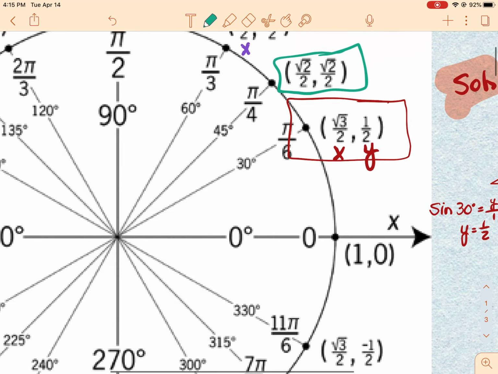It's all connected. Now, we haven't started talking about radians yet, but we're going to. But in this first part, I just wanted to show you where some of these numbers start to come from. So start to memorize it, even though you don't know all of it yet, and I will talk to you